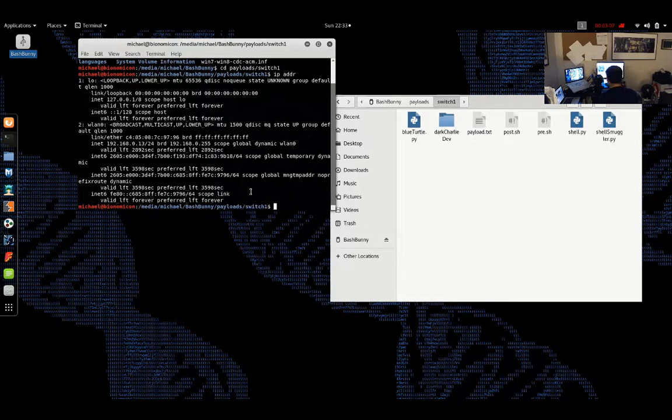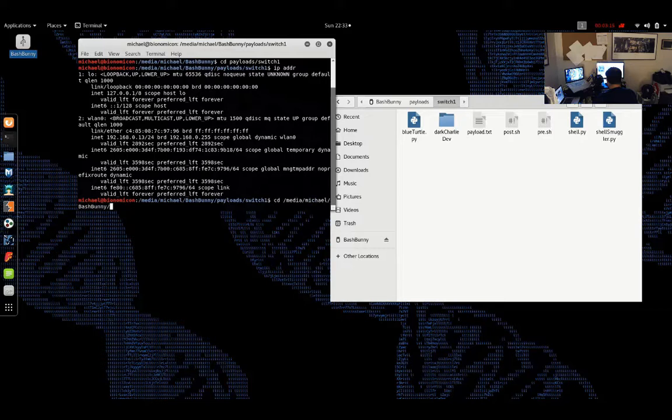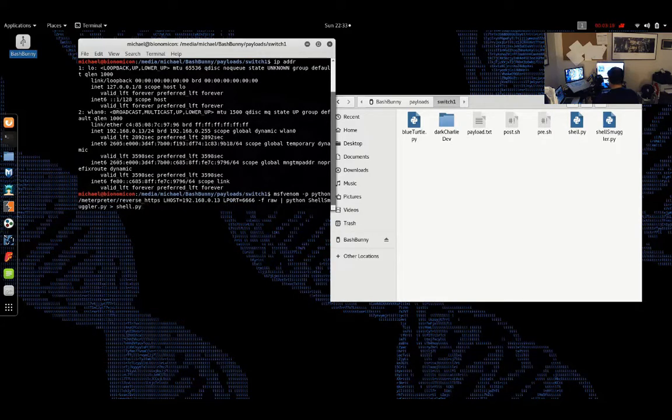Alright, so first I'm going to show this thing getting nailed by the antivirus on the Mac. So I'm going to tee this off directly to shell.py, and I'm going to run the L port on 6666, and let's let it have a go. And we're just basically waiting, and there it goes. Alright, now that I have the shell active, or I guess it pretty much wrote the same thing that was there before,